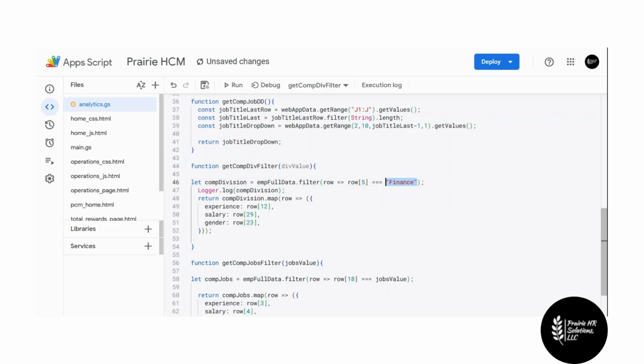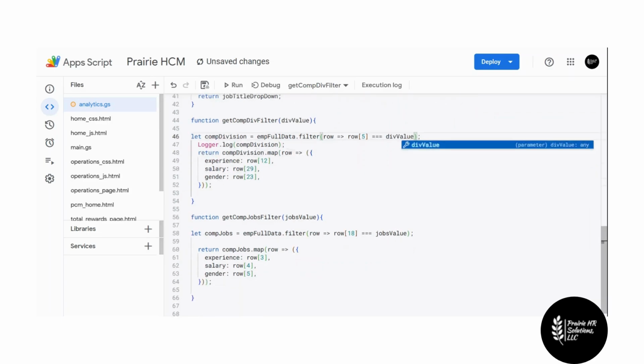And then we can simply change this back to div value. And then this is going to be the same exact thing. This is going to be 12, 29, and 23. This way we're not having to create another map and then run it. We can just run it straight from this two-dimensional array down into here by changing the index pieces. Okay, so now let's save this